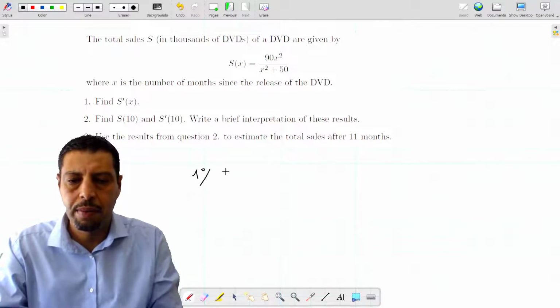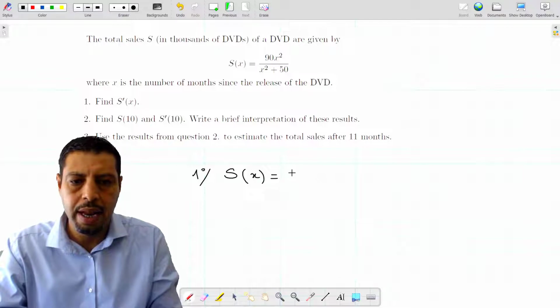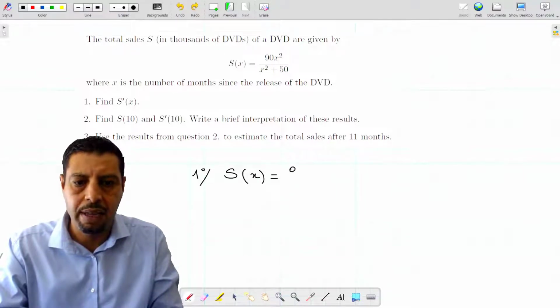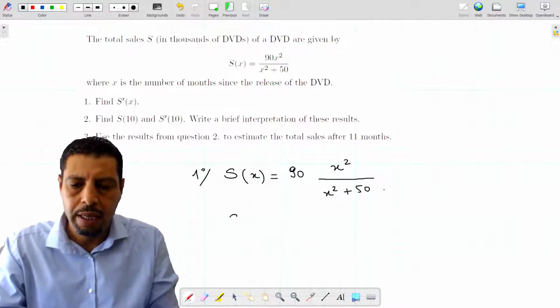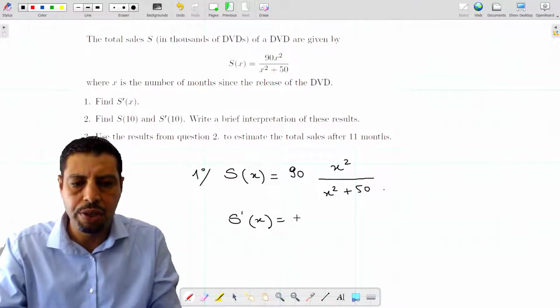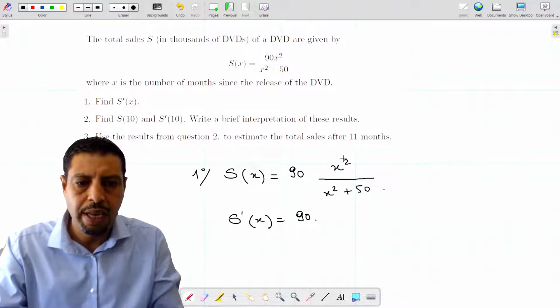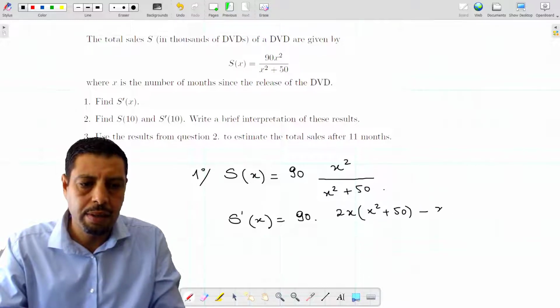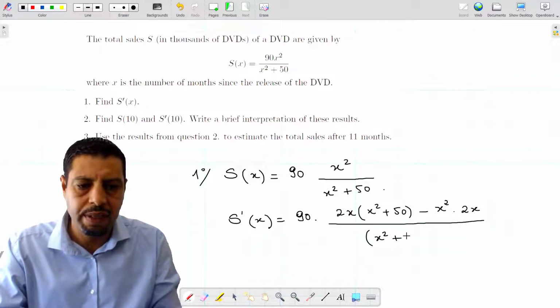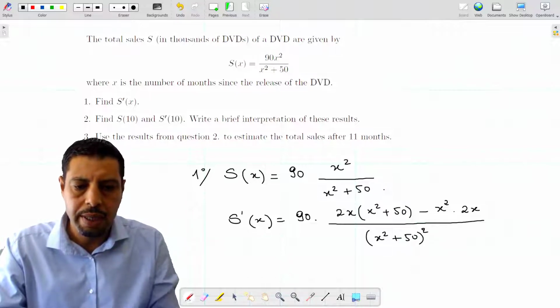So let's start. We have S of x equals 90 times x squared over x squared plus 50. I will put the 90 outside of my computation to simplify the differentiation process. So S prime of x is obtained using the quotient rule. So it's 90 times, now u is x squared, v is x squared plus 50. So it's going to be 2x times x squared plus 50 minus x squared, u, times the derivative of x squared plus 50, which is 2x, over x squared plus 50 squared,